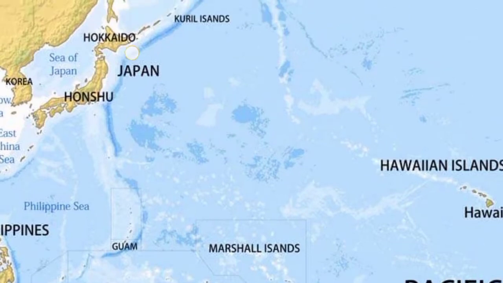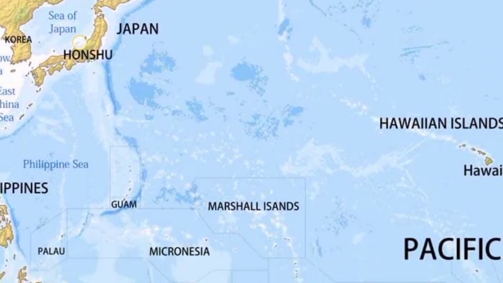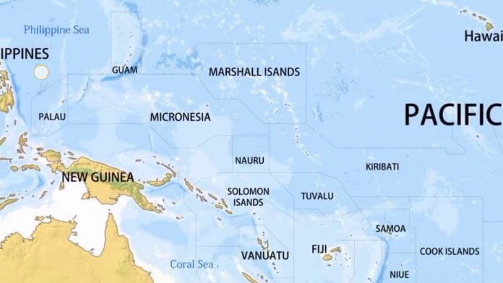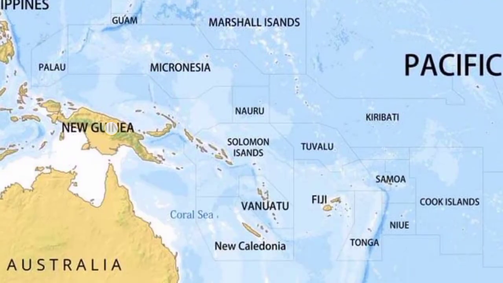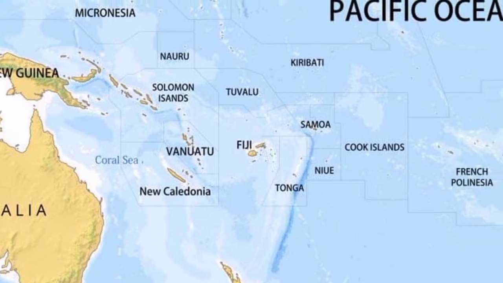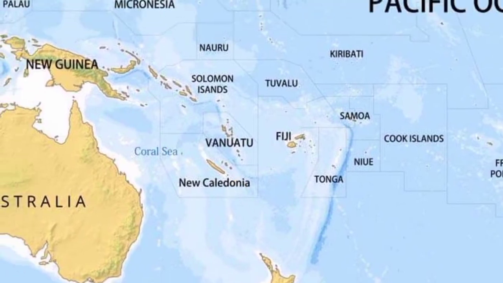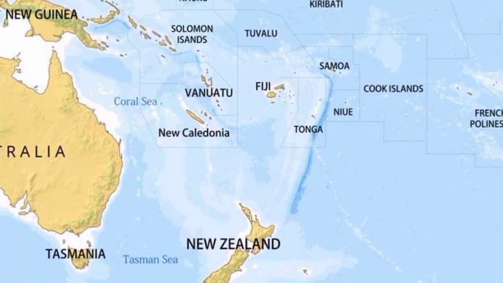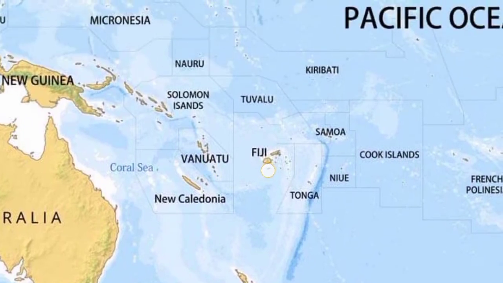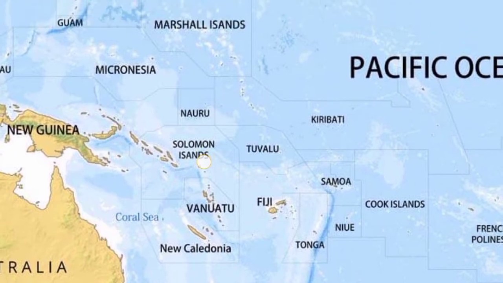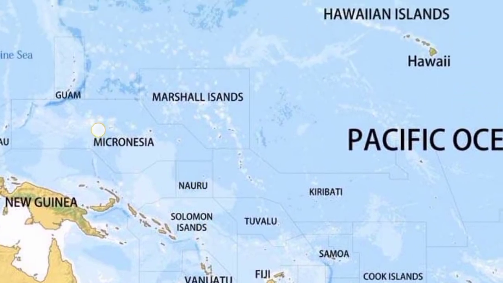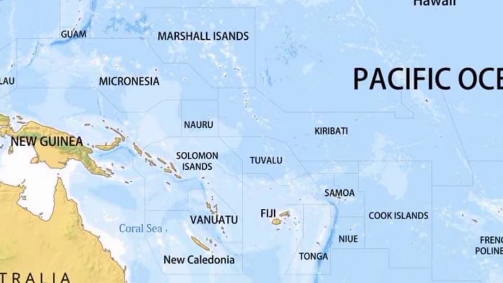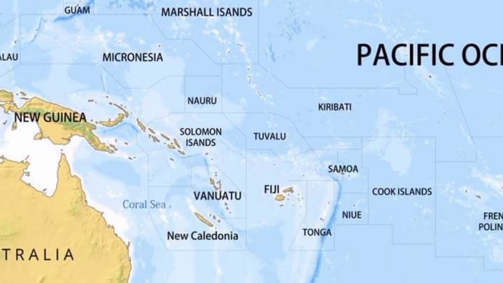Japan, Hokkaido, Honshu, Sea of Japan, Yellow Sea, East China Sea, Korea, Taiwan, Philippines, Palau, New Guinea, Australia, New Caledonia, Coral Sea, Vanuatu, New Zealand, Tasmania, Tasman Sea, Vanuatu, Fiji, Tuvalu, Solomon Island, Nauru, Micronesia, Guam, Marshall Islands, Kiribati, Samoa,